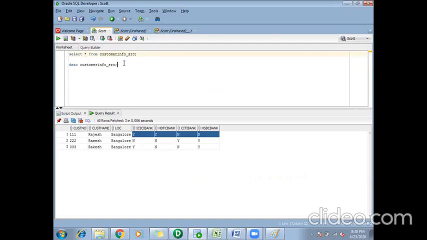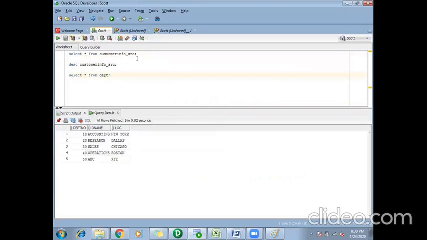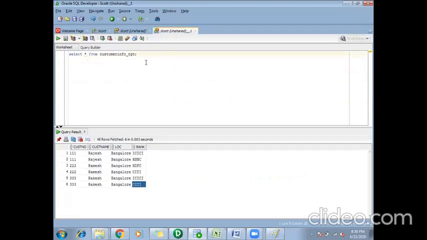Okay, so I have a source table. Select staff from department. My target table is department target.